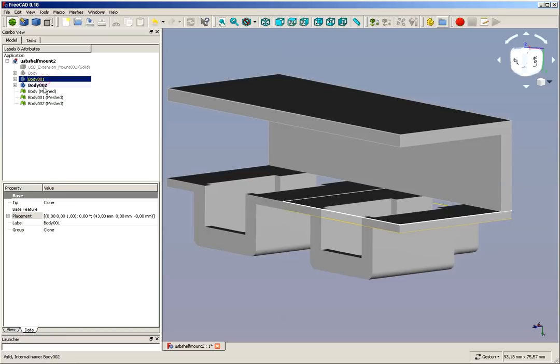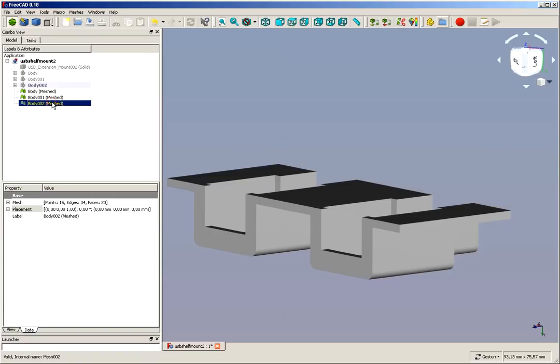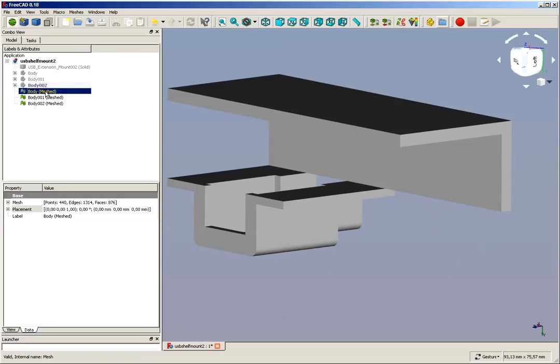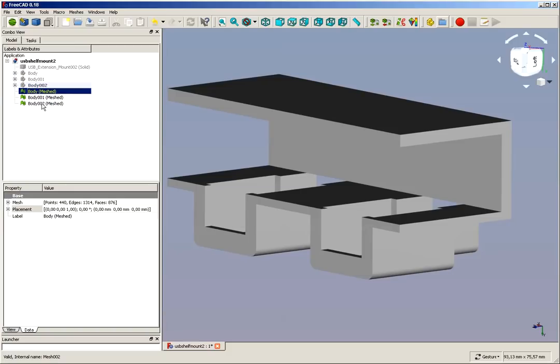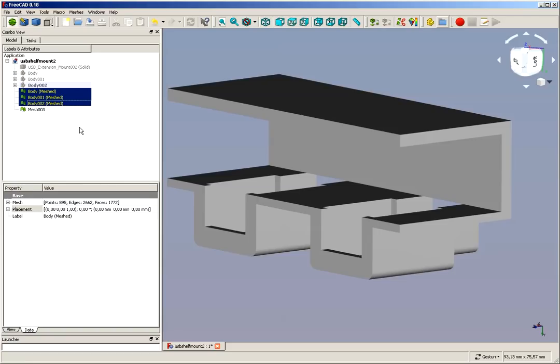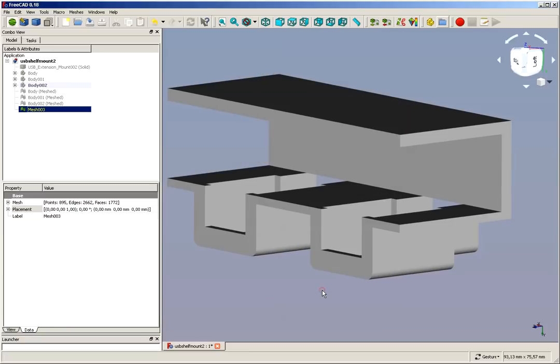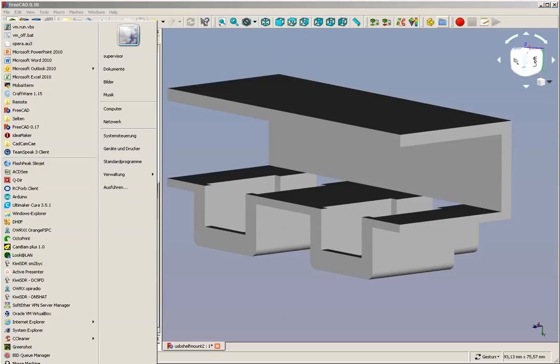We switch off our constructive geometry. We have everything we need, but as it is 3 individual pieces, we first have to combine them into one piece, and that is done with meshes merge. So we switch the 3 off and have 1 left over. Now let us export this one, Mesh 003, and let's see if that creates a valid